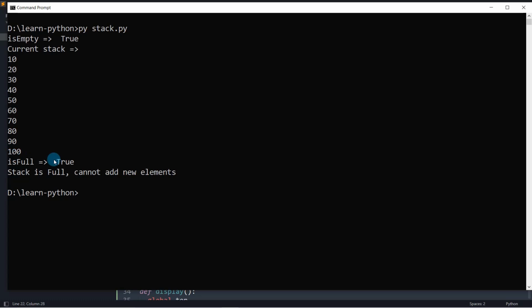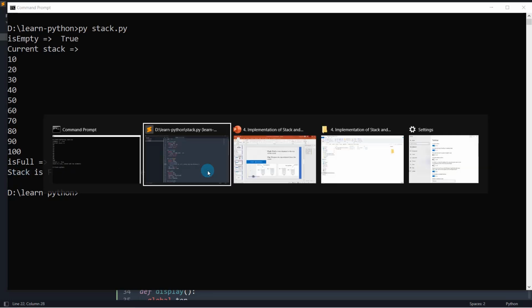After 10 elements are pushed onto the stack, if you try to push the 11th element, you see the message: stack is full, cannot add new elements. Correct? Similarly,